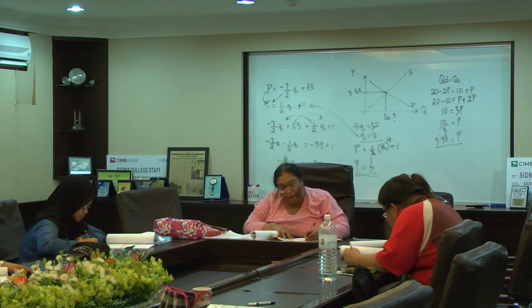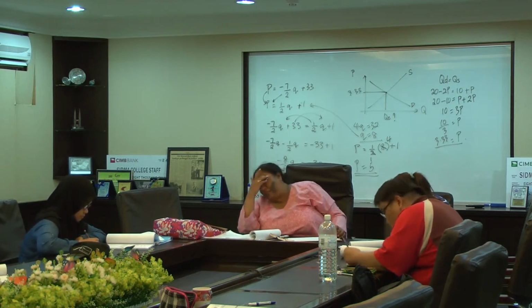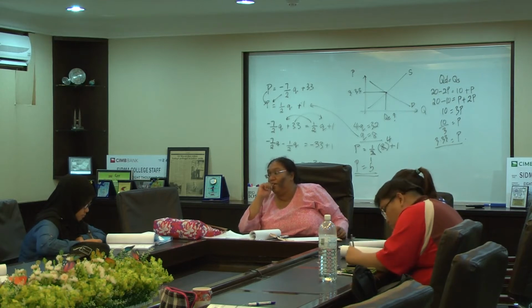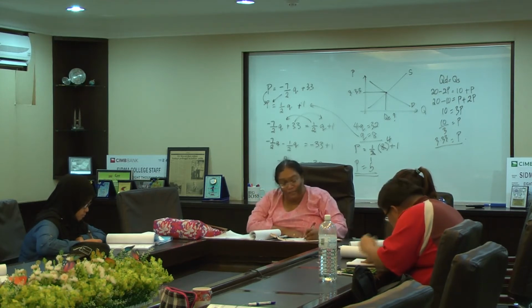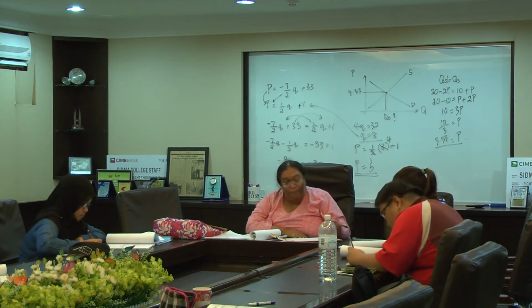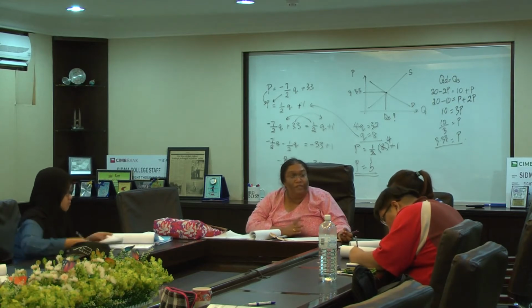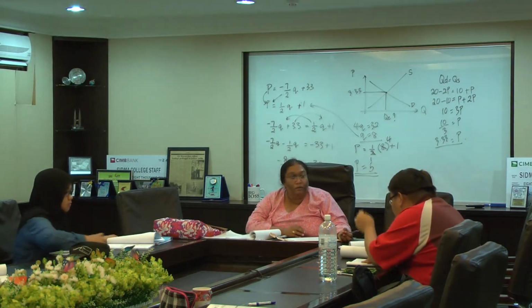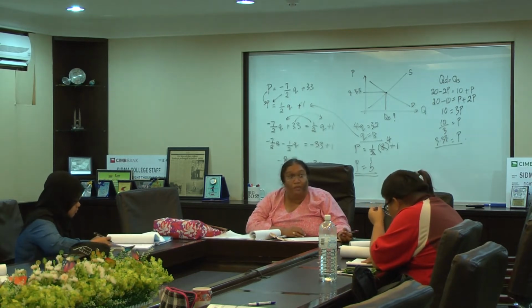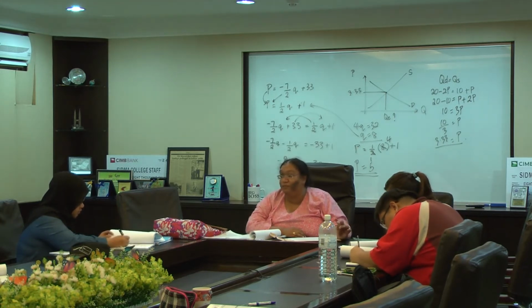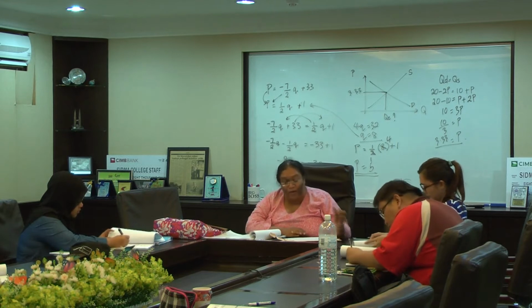Alright? Now the first question they ask you, if the price of this good is initially set at 16, that means P is 16, correct? What is the quantity supplied? So, if price is equals to 16, what is the quantity supplied? So, you ganti di persamaan mana? Pertama ke kedua? Which is supply, which is demand? Supply positive or negative curve? Positive. So, which one is the positive curve? 80 plus 2P. Can you ganti now?